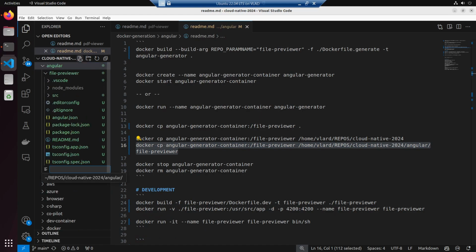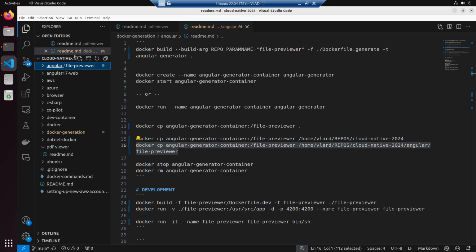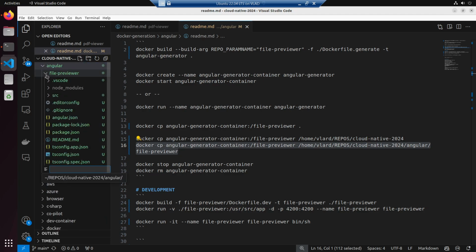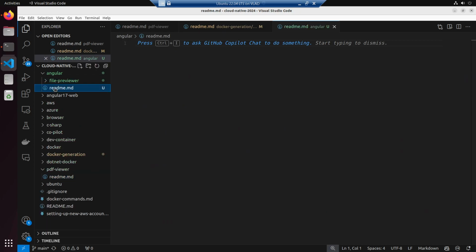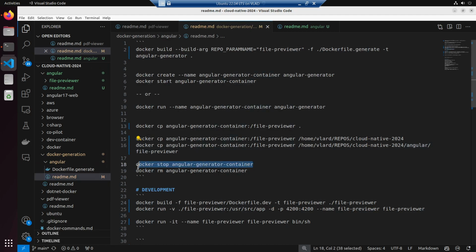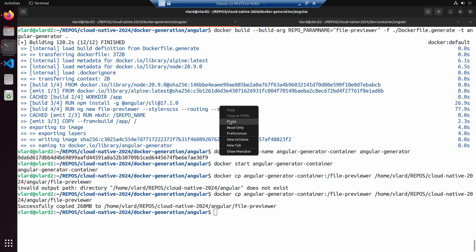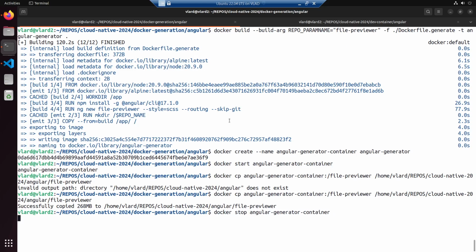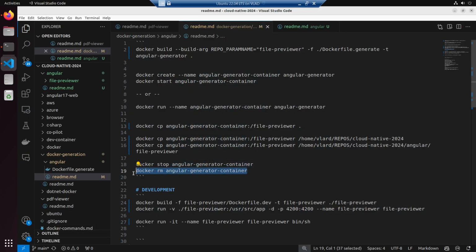In Angular, we want to add a readme.md. Okay, Angular stuff. Alright, so Angular. Okay, so we have generated. Then we want to stop this, and then we want to remove